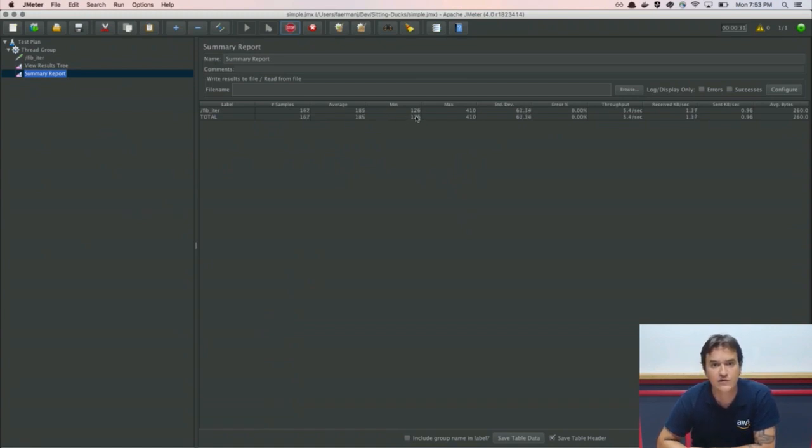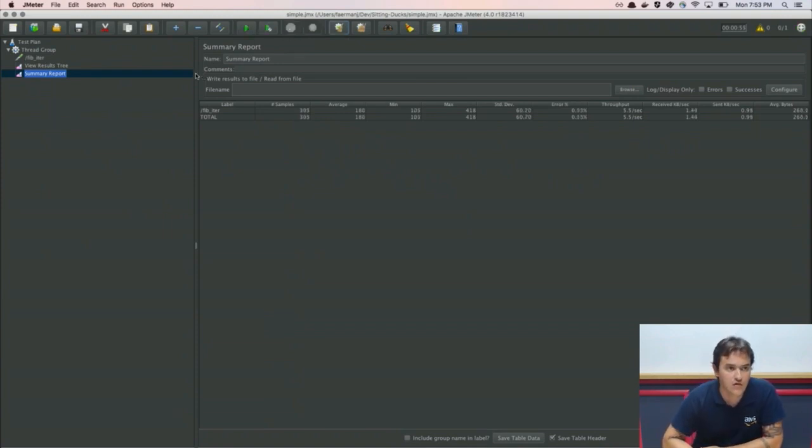The minimum was 126, the maximum 410. This is the standard deviation, no errors so far, 5 of those per second we can reach, and so on and so forth. So the idea here now is, let's see if we increase the user load, how this changes, right? But before that, let's make